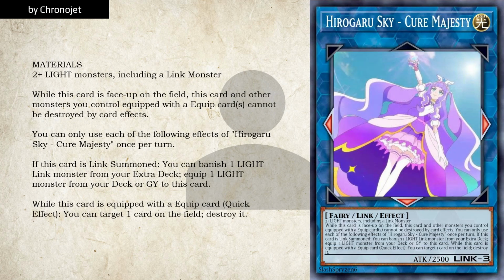And then Cure Majesty, you could probably simplify the PSCT thing. You can probably simplify the wording here. So something like monsters you control that are equipped with an equip card cannot be destroyed by card effects, just to lower the number of words here. Otherwise,